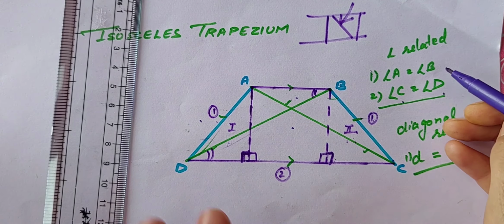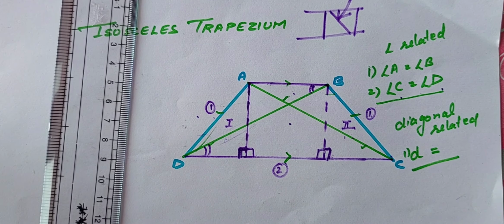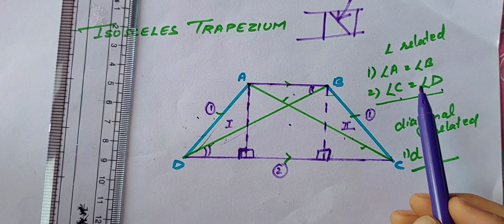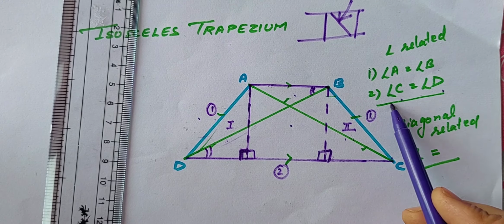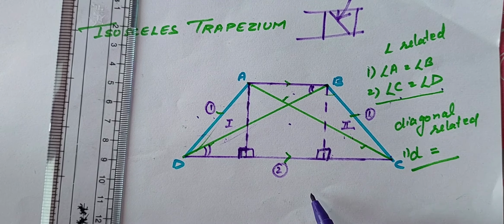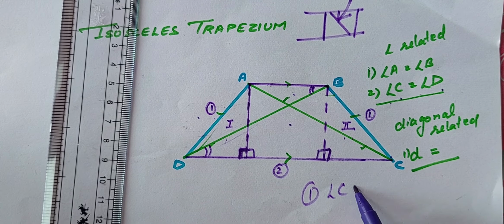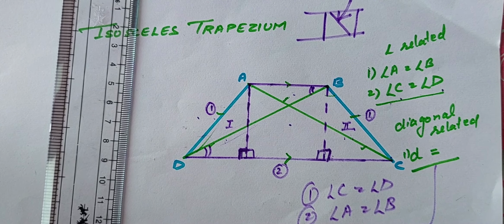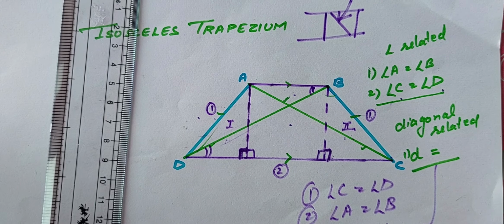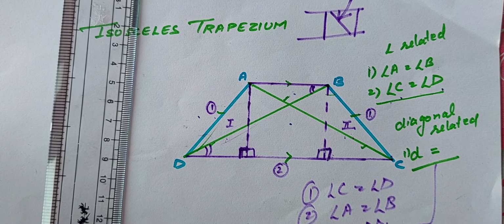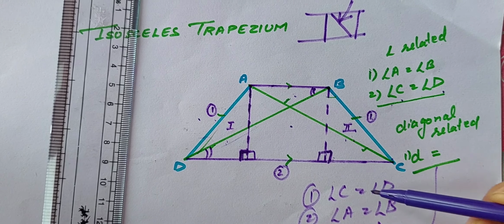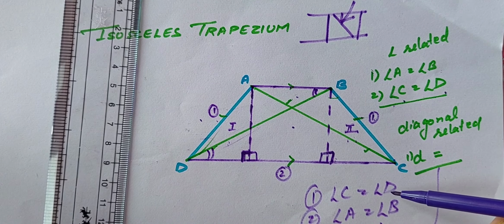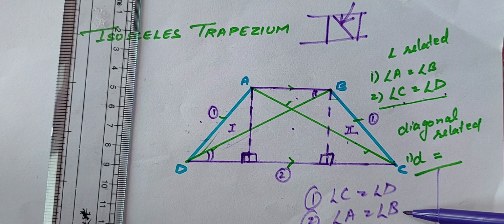So now you have to prove three properties of the trapezium, and those are these: angle A equals B, angle C equals D, and the diagonal-related property. And why not prove angle C equals D first, then angle A equals B second, and this as the third, that is AC equals BD. After construction you may prove this also first, then you need to rethink which triangle you will choose and how they will lead you to this.